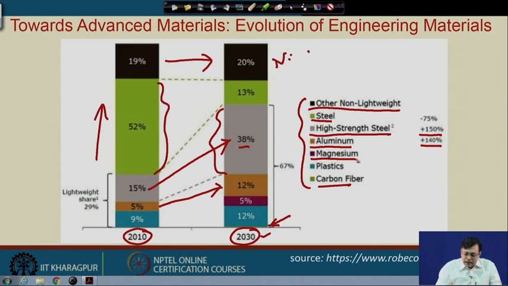On the other hand, there is another big target of developing high strength or advanced magnesium alloys, which is expected to cover almost 5% of the total materials market. And therefore, you can see that we definitely need very wide and general awareness in this area.